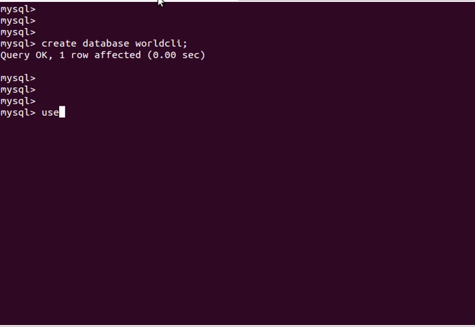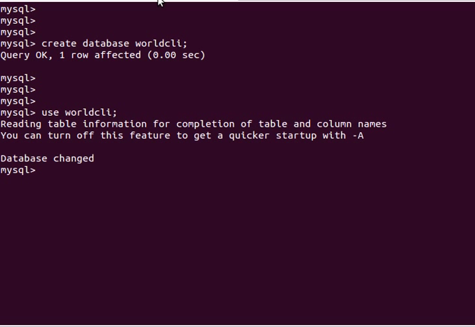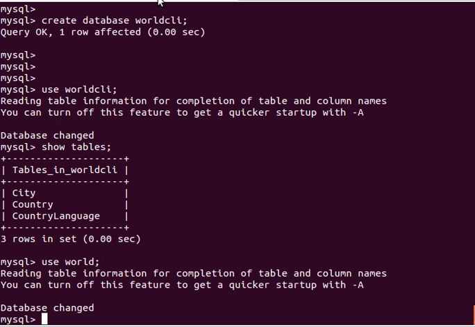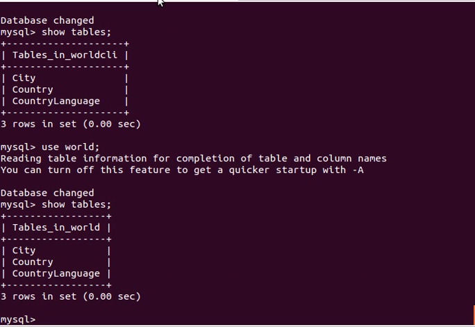prompt and use the world.sql database and show tables, it will show you the same tables. And you can also go back to the world database, show tables. So from the title of this section, when you do show tables, you can see from which database it is showing you those tables,